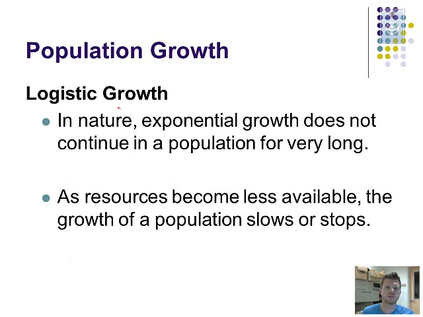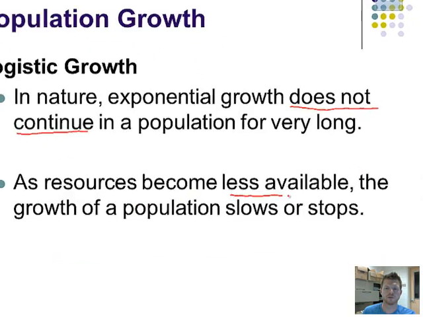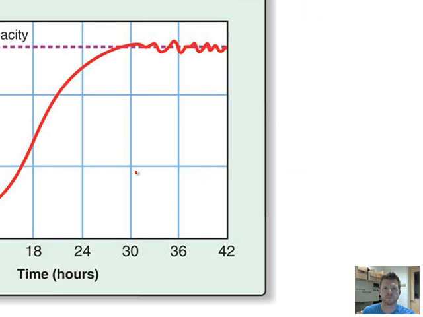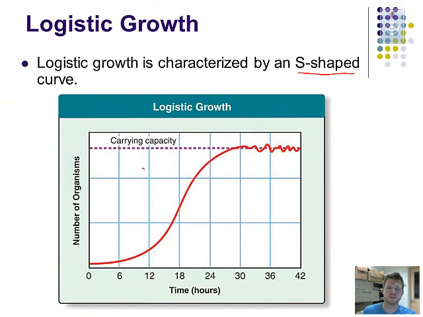The second kind of growth here is logistic growth. So in nature, exponential growth does not continue. It happens, but it does not continue for very long. Resources become less available, and our population growth slows, or it can stop altogether. And this is represented by an S-shaped growth curve because we see our exponential growth for a while until we